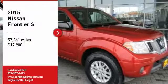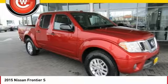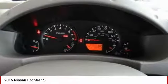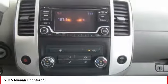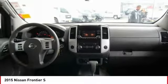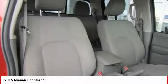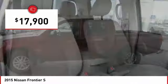Stop by and take a look at the 2015 Frontier. The Nissan Frontier offers a full-length, fully boxed frame for strength, serious off-road capabilities, and a 5-star rating for side impact crash safety. The Frontier's interior comforts include cab versatility, under-seat storage, and seating for 5, and is priced below